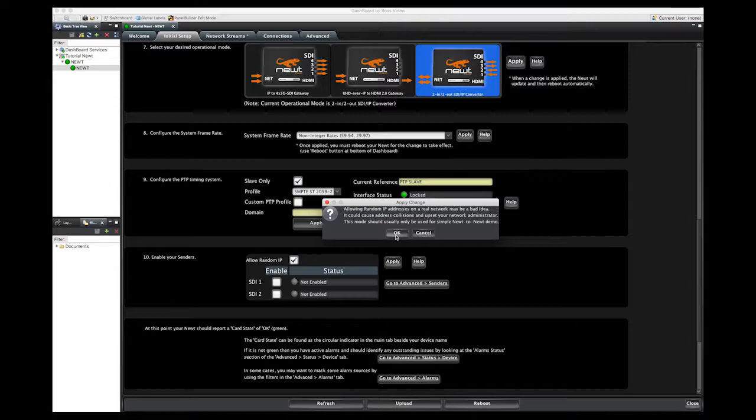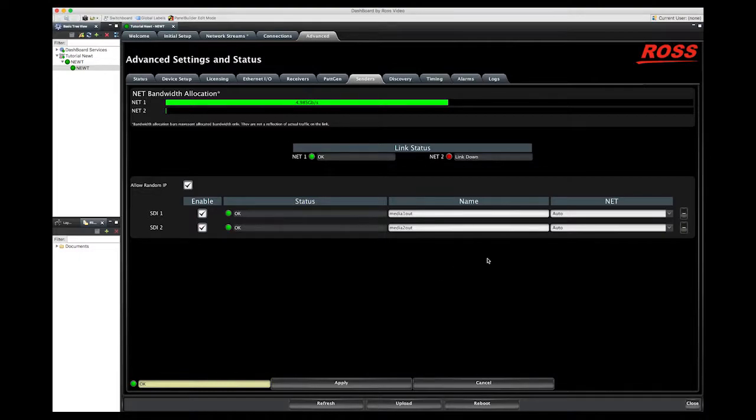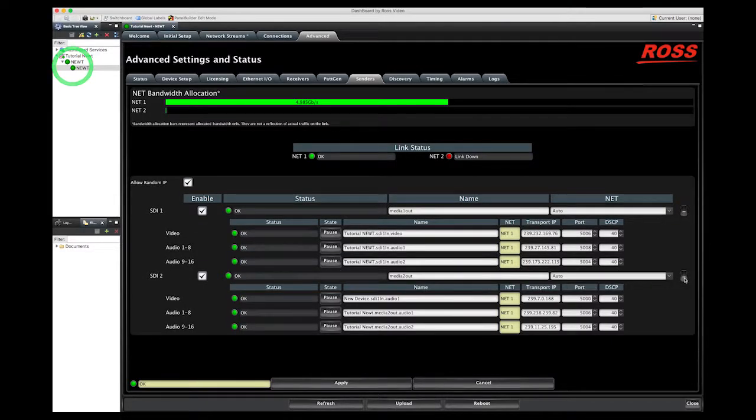In this case, ensure that you have connected valid input video sources to SDI ports 1 and 2, and then you can check off the enable boxes for each SDI input port and click Apply. You are now transmitting. However, when connecting into a real network, we recommend that you get IP multicast addresses and ports assigned by your network administrator, and then you can configure these on your NUT in the Advanced Senders tab. Expand each SDI input port group and enter the appropriate multicast address and ports, check the enable box, and click Apply. You can also rename the sender streams in this configuration tab.